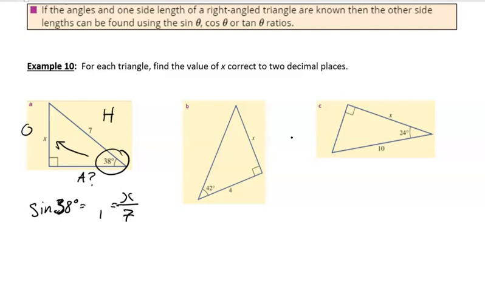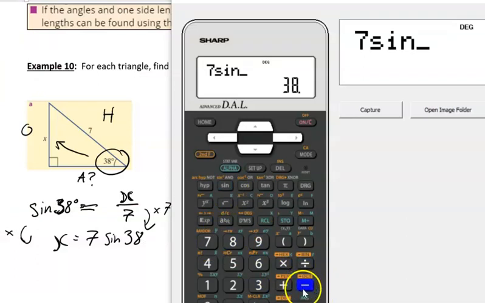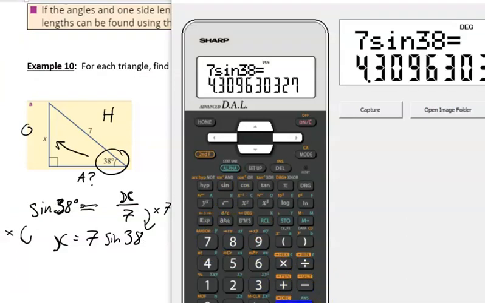So sine 38 is going to be that, and what we want to find out is the length of x. So algebraically, what are we going to do? You know what we're going to do. If we're dividing by 7, we're going to multiply by 7. And I'm going to swap sides because I'm in the mood. It doesn't matter. x is then equal to 7 times, I'll just write it next to, sine 38. So then on my calculator, 7 sine 38, and bingo, bango, bongo,